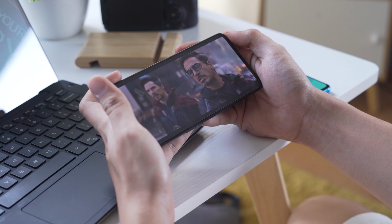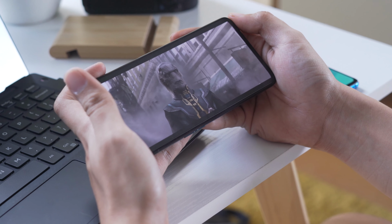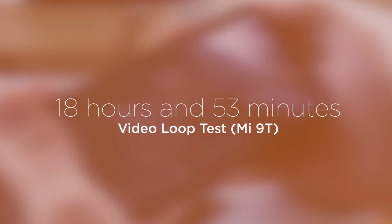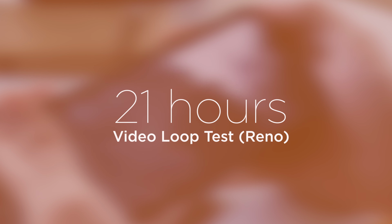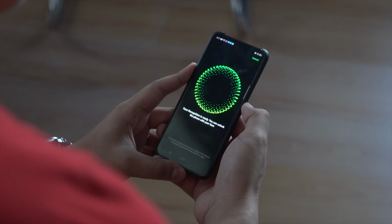In our standard video loop test, which entails the phone being at 50% brightness, 50% volume, airplane mode turned on, and with headphones plugged in, the Mi 90 yielded 18 hours and 53 minutes, while the Reno got us a whopping 21 hours. When it comes to biometrics, you get optical facial recognition on both devices as well as an